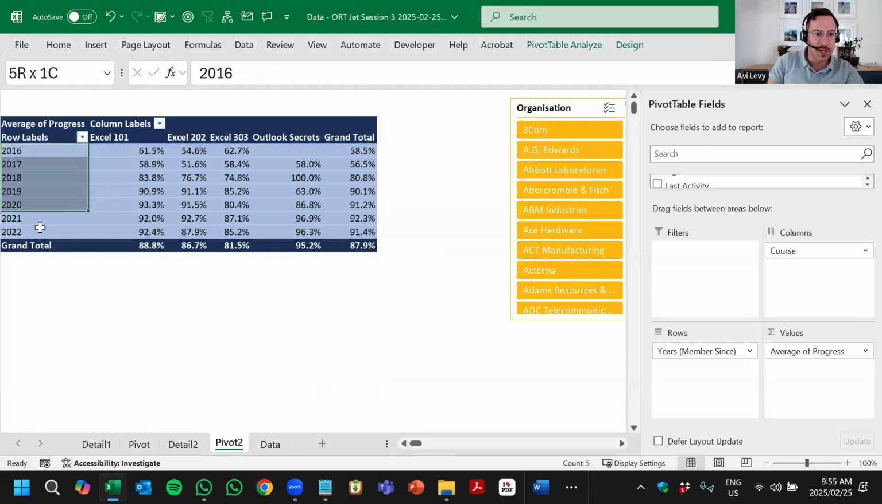Okay, so now we're just seeing, instead of all those individual dates, just the years. And now we can see over the years how the progress is progressing, and Dan and I can go and analyze. But the final thing that I want to do, as I mentioned, is convert this into